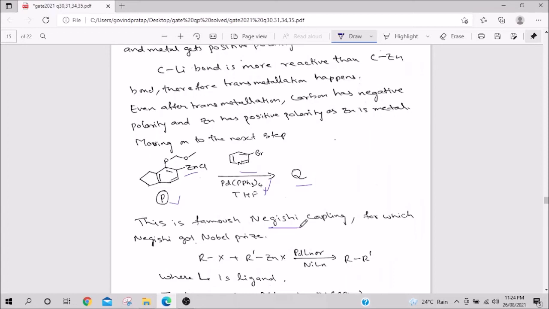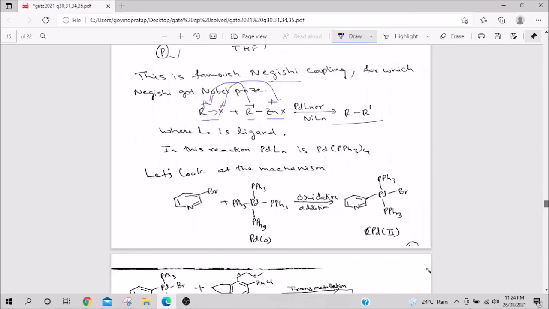So all these reactions go through basically the same mechanism. You have an alkyl halide and you have an alkyl zinc halide. So zinc has positive, R prime has negative, very clear, no doubt about it, and this halide has negative, R has positive. Why? Because halogens by definition are electronegative. They pull the electron towards themselves. So negative goes and forms a bond with positive, and you get this product, and this will go and form a bond with this, and ZnX2 comes out. Okay. So let us look at the mechanism.